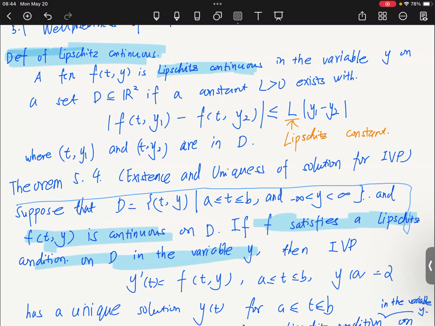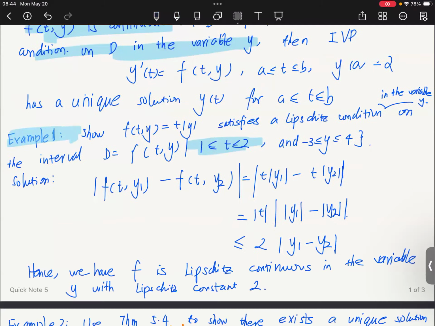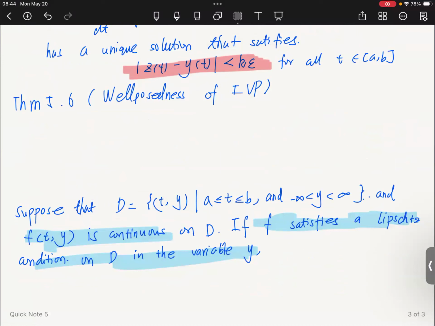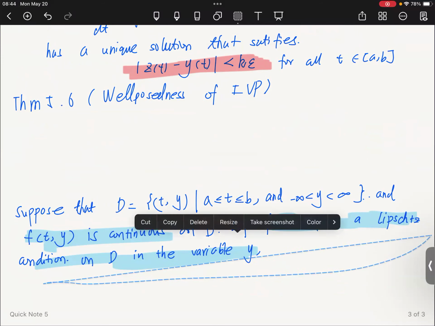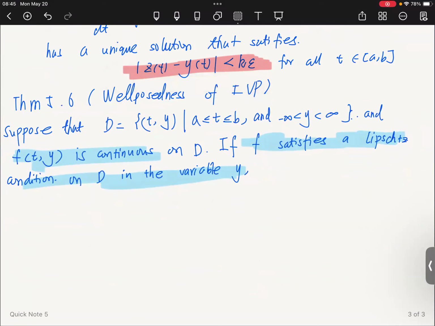It's continuous, and then also the F function is Lipschitz continuous. Then, if the whole problem satisfies this setting here, then the IVP problem